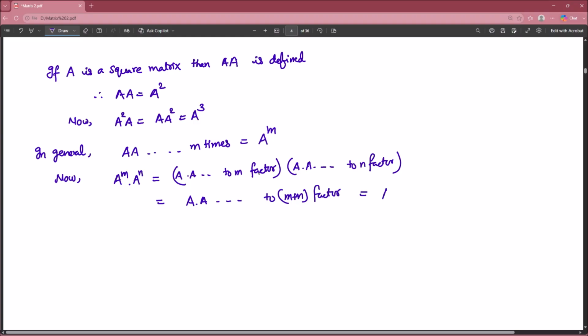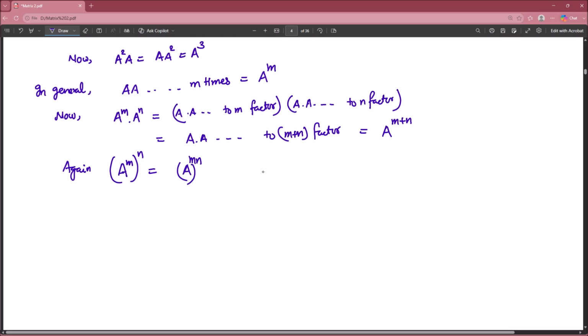So the value of this is equal to A to the power M plus N. Again, we can write A to the power M to the power N, for a square matrix of any order, as A to the power M into N. And if I is a unit matrix of any order,